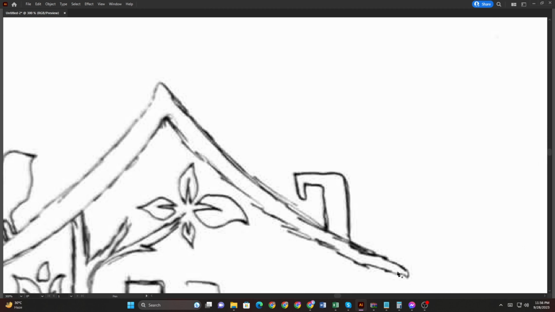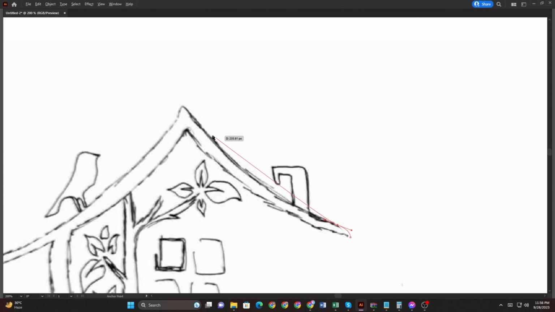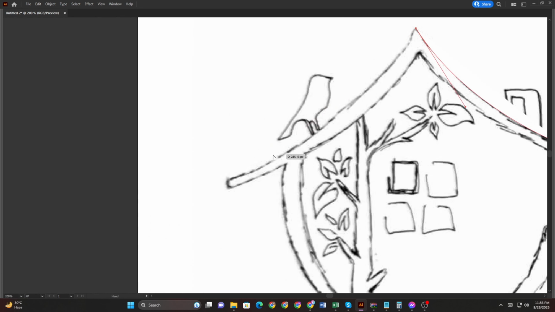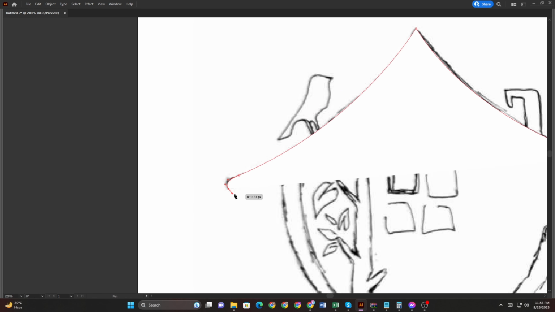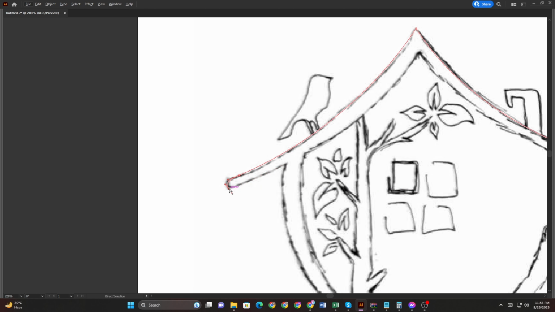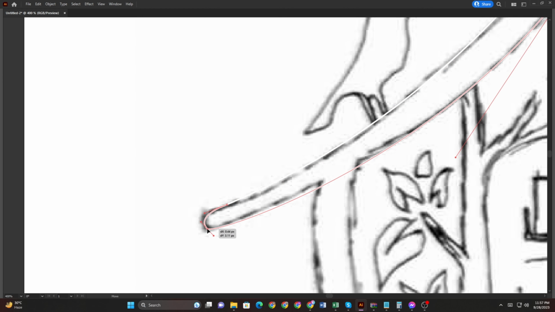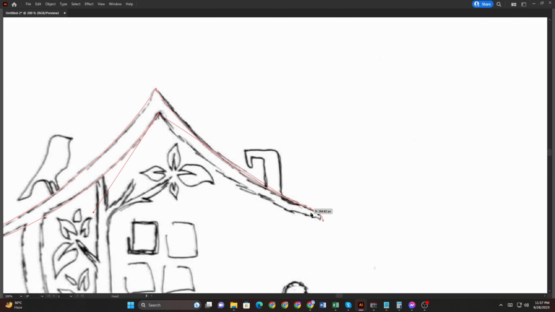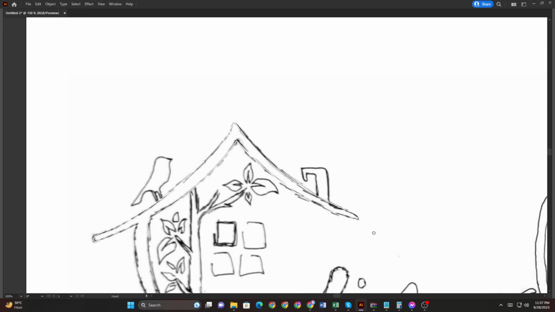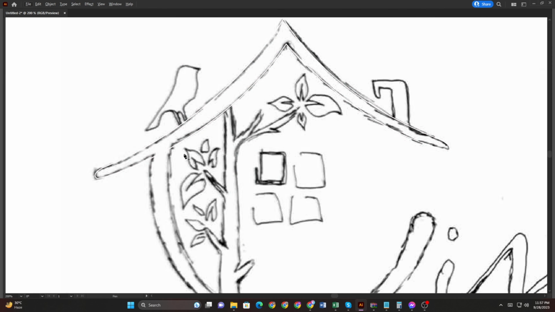Now I use a pen tool. Then it's and other side. Then it's okay.